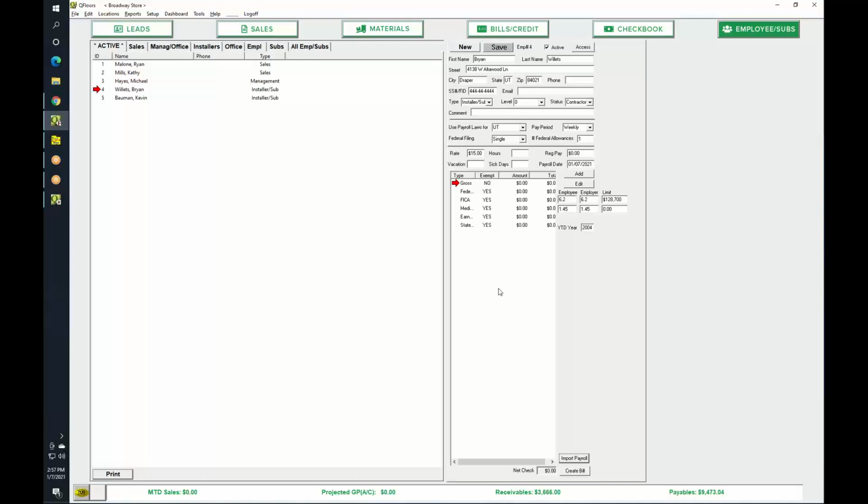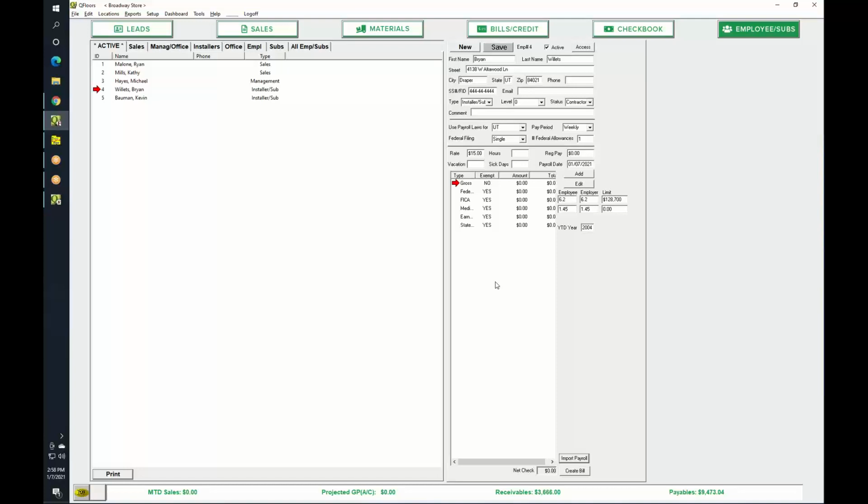The last thing that I wanted to mention today is general ledger conversions for accounting purposes. We call it a GL conversion. Some people just call it beginning balance entries. We do that when you're coming from a different accounting system and you start QFloors. We recommend you start on one day and then get your ending balances from your old system. A couple weeks, a couple months, it doesn't matter how long it takes you to get the ending balances good from your